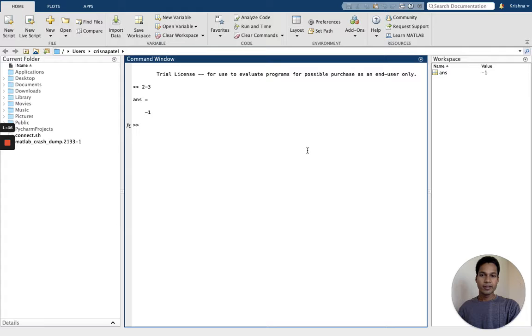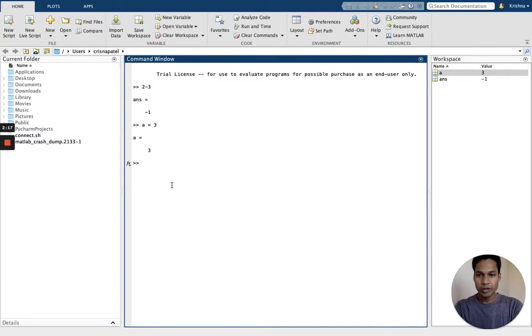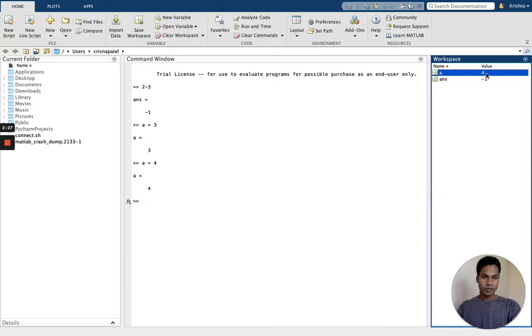That's it. And whatever you run and whatever variables you create, you can manipulate and see in your workspace. For example, let me make another variable called a. As soon as I type a equal to 3, that variable gets stored in my workspace and I can see it here. Let's say it was your mistake and you want to change the variable a to 4. One way to do that is to type a equal to 4 and it will change the variable. The other way would be to just go to the workspace, click on it,